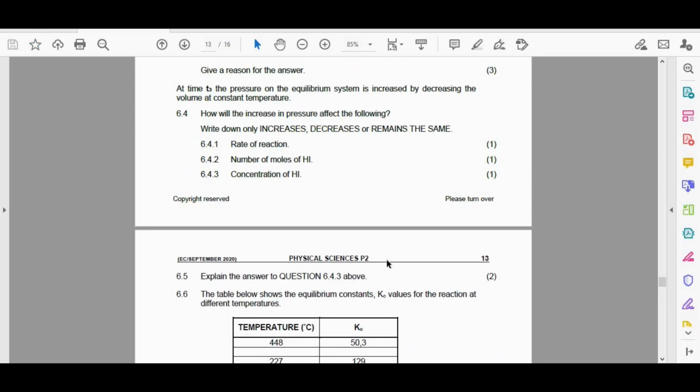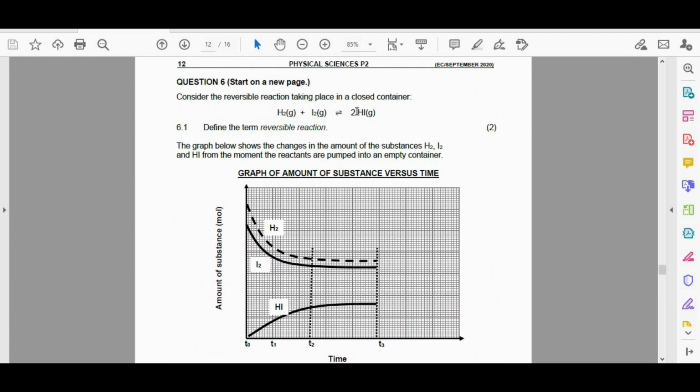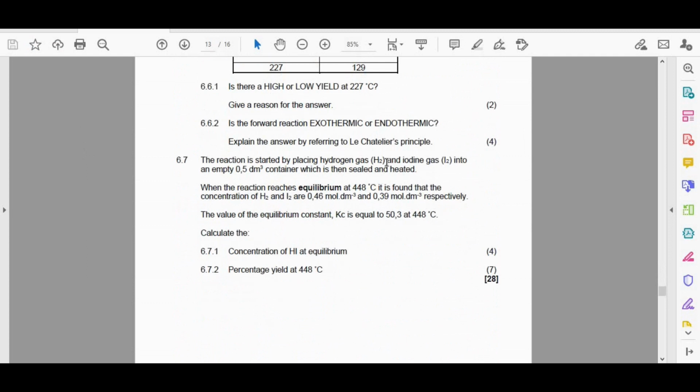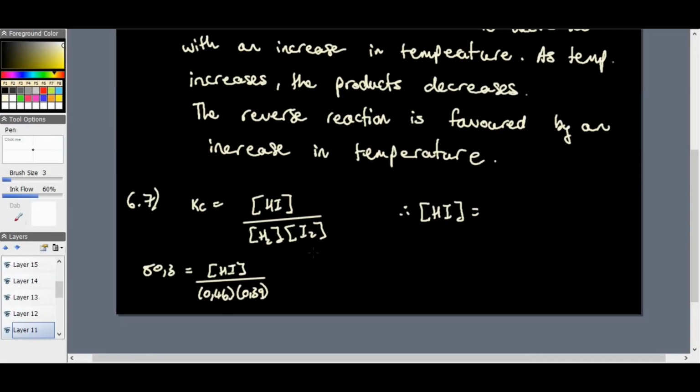Let me just check my reaction again. Oh yes, I forgot the balancing number 2 there. Okay, that was my problem here. We've got a squared there, so we've got to take this squared away, sorry, and add a squared here. So we'll get something by